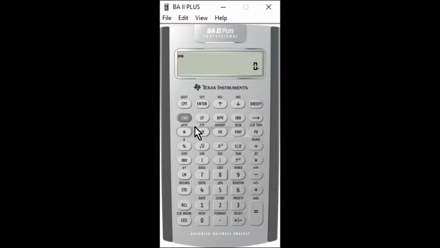Let's verify that our calculator is set to 12 periods per year. We put in our data, 240 in. The interest rate is 4%. The amount that we're borrowing is $100,000. Always remember to put in 0 for future value when calculating a fully amortizing loan. And then compute payment. In this case, our payment is